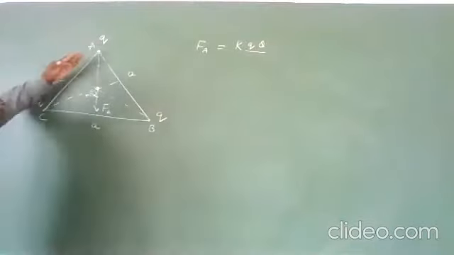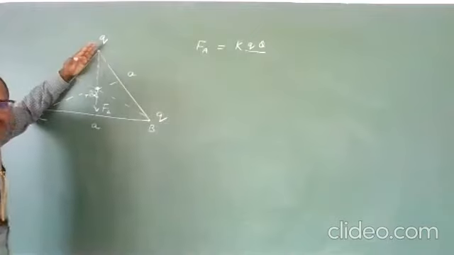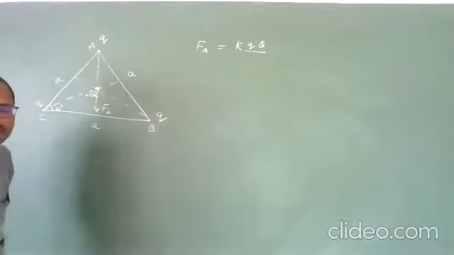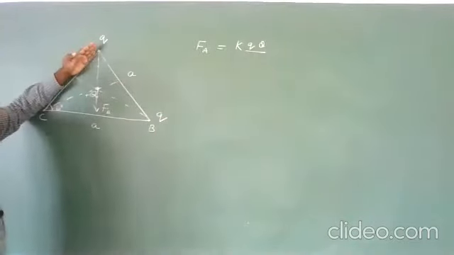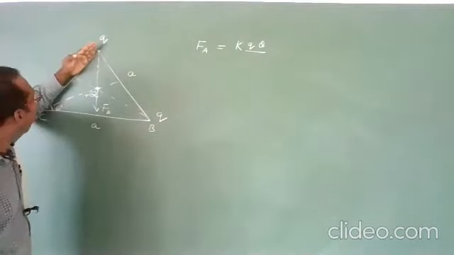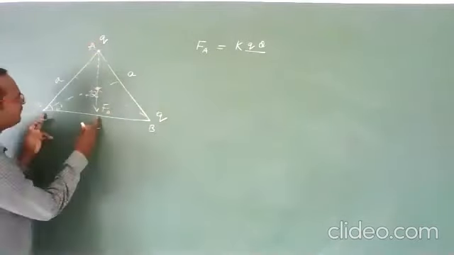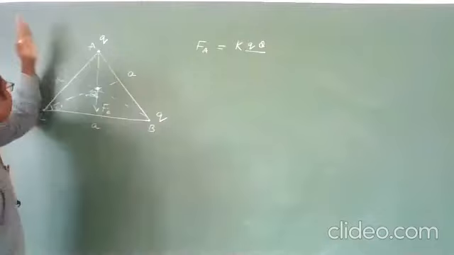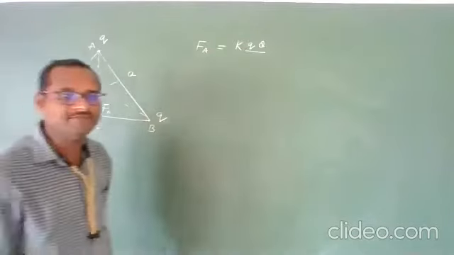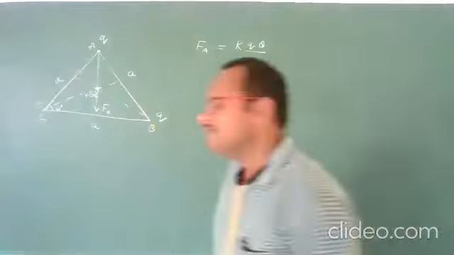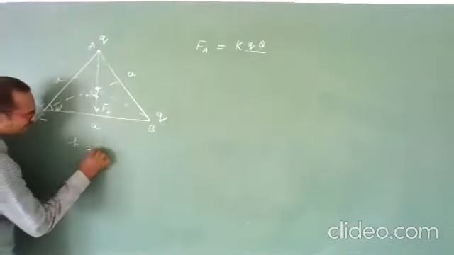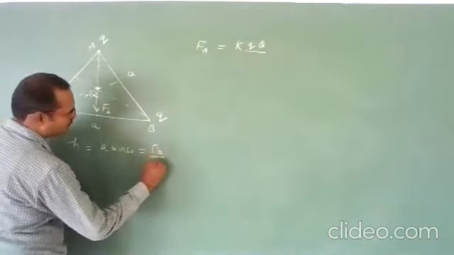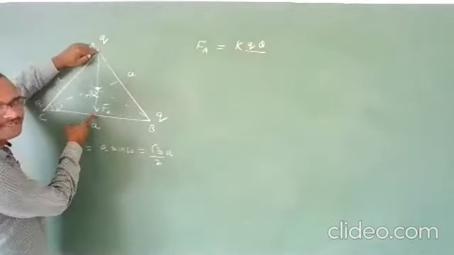So for that, see, this is distance a. Now, this angle is 60 degrees, we know. Now, this a components you take. This value a cos theta up to here. And this value will be, means perpendicular to this, it will be a sin theta. Are you getting? Means altitude distance is a sin theta. Theta value is 60. Means root 3 by 2 a. This is the total height of this altitude.